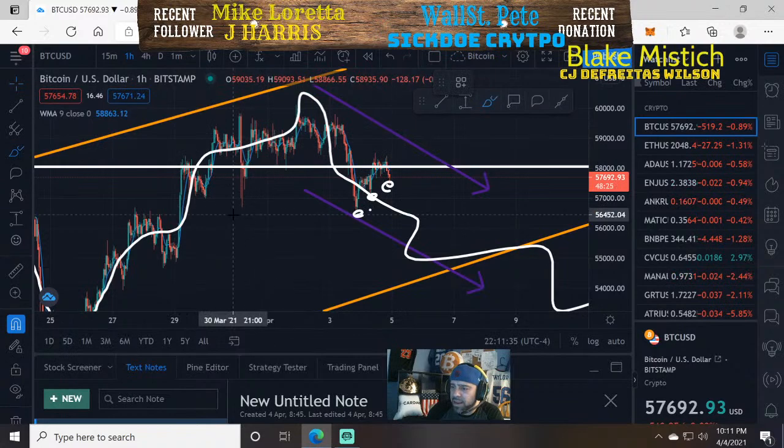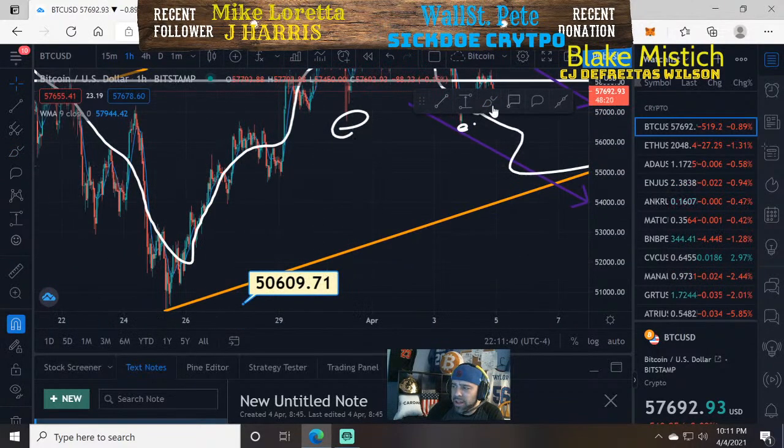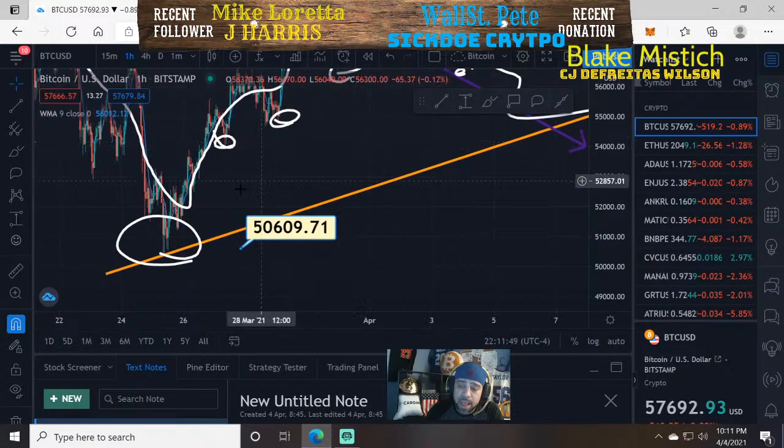That's how you have to look at it. When you see these prices like this, and it's still in an upward trend motion, you need to tell yourself, why did I buy here? Why didn't I buy here? If you can start doing that to yourself and you can start educating, I'll tell you right now, you'll start